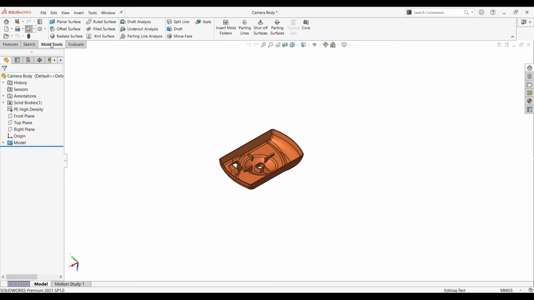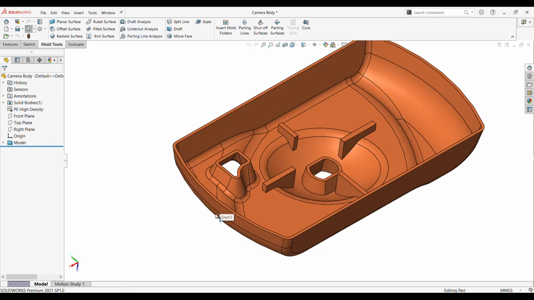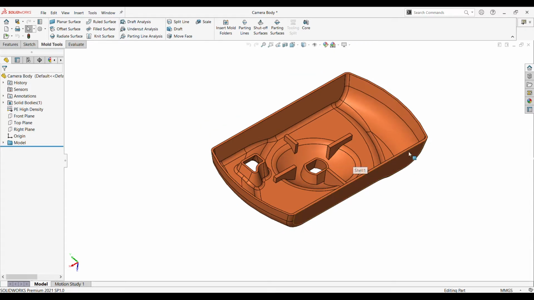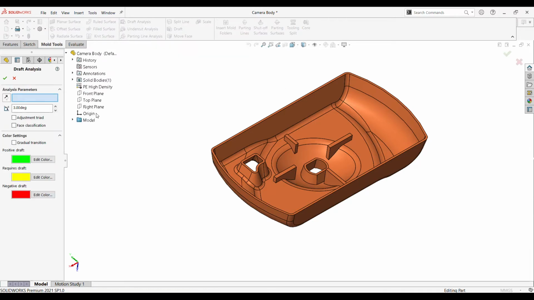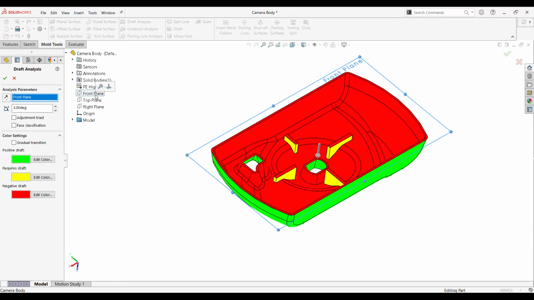First we have to check for draft to avoid mold making defects. To analyze the draft, we have a direct option called Draft Analysis. Click Draft Analysis, select the preferred plane, like here we are selecting the front plane for this model, make the draft direction upwards and give 3 degrees draft to check.